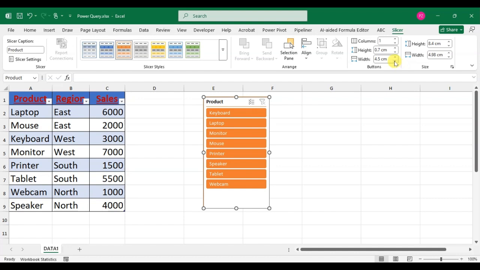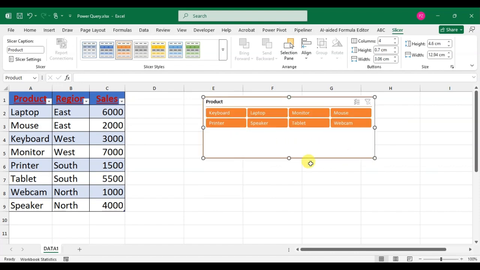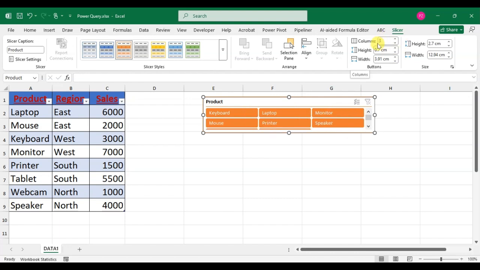Okay. If you want slicer buttons in two columns, so you just click on the up arrow in two column. You can see three columns. Okay, four column. You can set accordingly and you can select this way also. See the changes over. You can set horizontal way slicer also. Okay, in four columns. Okay, if you want to decrease this column, so just click on the down arrow. You can enter manually here also. Okay, just click on the arrow and you can see the two column here showing. You can just drag the corner and set accordingly. Okay, so this is a way you can design your slicer.